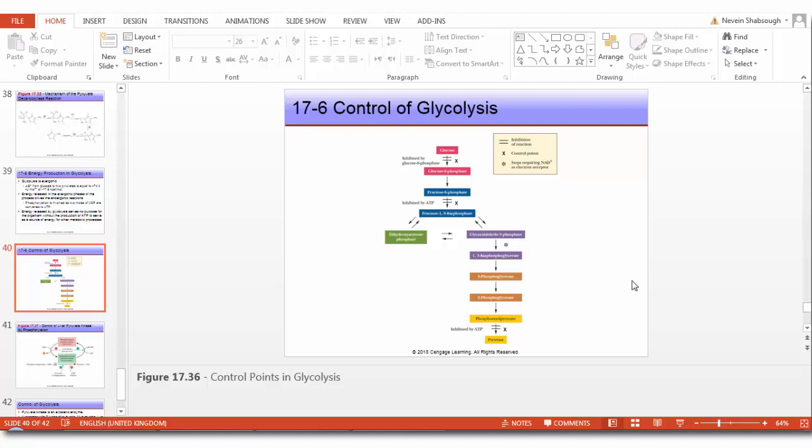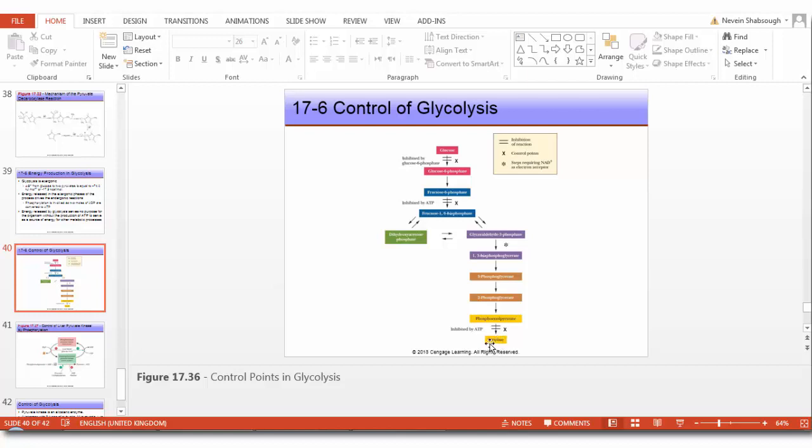Now, if we look at these control points in glycolysis, you see here step 1 is inhibited by glucose 6-phosphate. The enzyme hexokinase is inhibited by its own product, and this is called product inhibition. It's a control point. Step 3, the enzyme phosphofructokinase, is also, as we saw, inhibited by high concentration of ATP. And the last step,